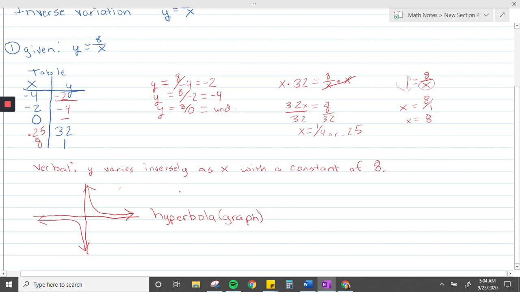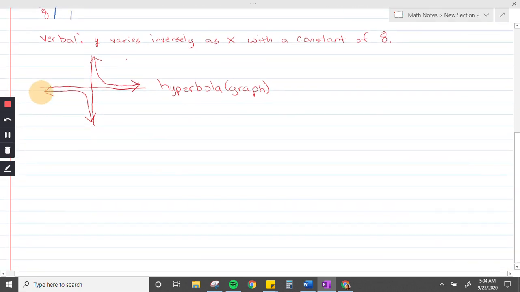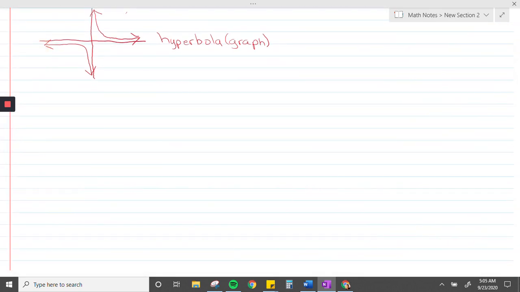Now let's try another example. For our first example, we were given the equation. For our second example, I'm going to give you a verbal description. The verbal description is